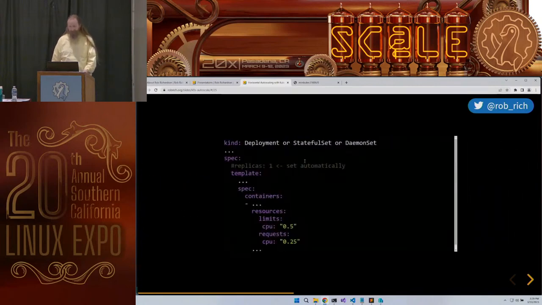Okay, so here's a deployment, or maybe it's a stateful set or daemon set, and here's that replicas, and I very specifically commented it out, and I gave a reason for that, because somebody's going to come by and see this and go, oh, they forgot to specify the replica count. Let me add that. And, well, next time you deploy it, it's going to scale back down to 2 or 1 or 3, and it's like, but the horizontal autoscaler, leave replica count out.